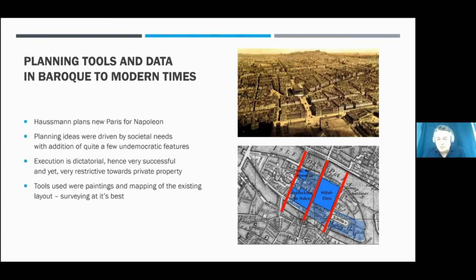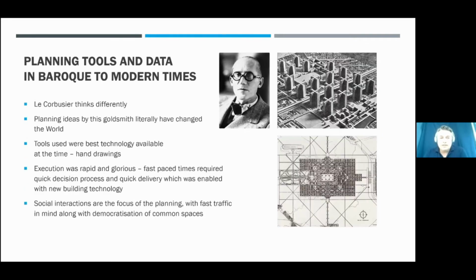Let's move forward. What I'm trying to tell you is that all of these cities, from the ancient Greeks through the Roman times and from the Baroque era as well, have very strong entities in power that actually made all these things happen, and they made it possible because of the lack of democracy, the lack of today's rules, if you will. So moving forward, you are jumping into the modern times where democracy obviously has developed.